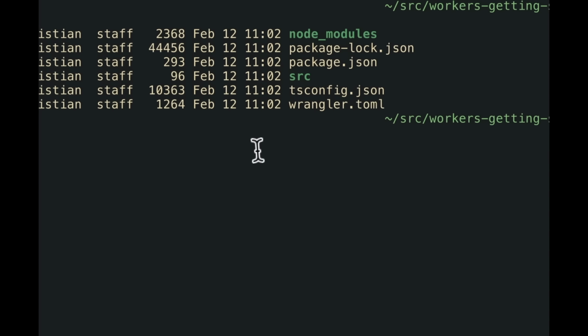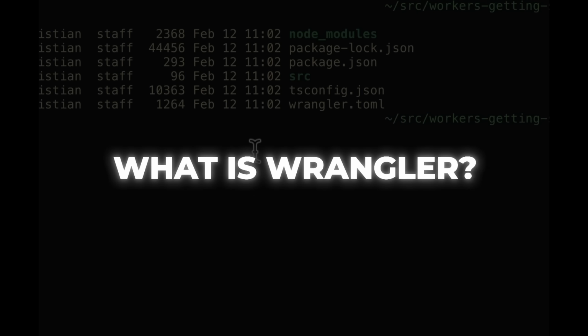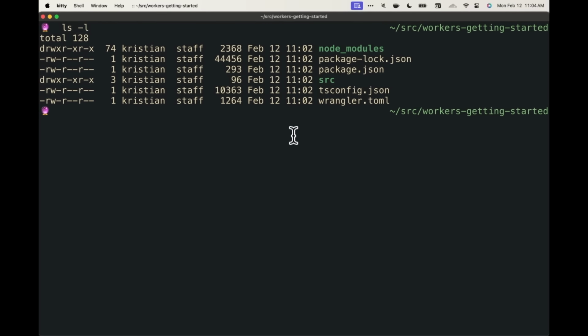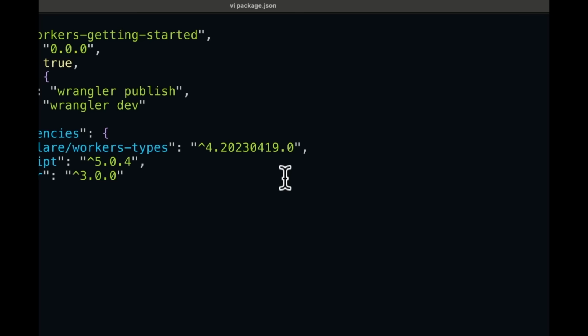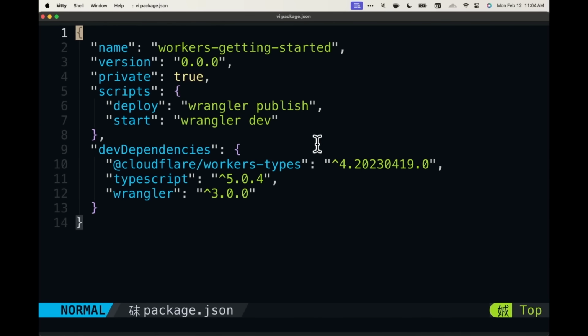the configuration for Wrangler. So what is Wrangler? So you maybe didn't get a glimpse at it because it was sort of abstracted away behind these npm run scripts. But if I open up package.json here and take a look at it, make this text size a little bit bigger, you can see that there's two scripts inside of here. So deploy, which is just an alias essentially to wrangler publish, as well as start, which is an alias to wrangler dev. And then here in the dependencies, we have Wrangler 3.0, which is the dependency for obviously integrating with